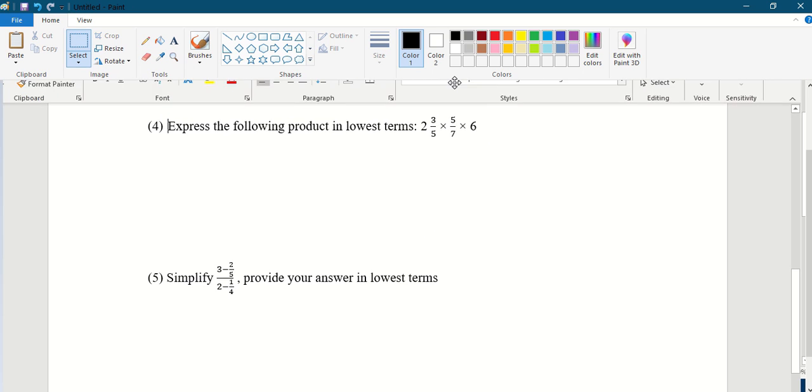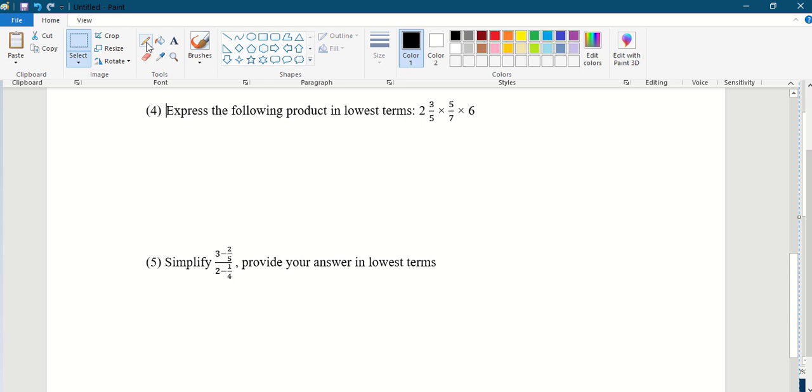Let's see some more here. Now, what if we were to multiply fractions in mixed and proper form? What we can do here is, first, if it is given to us in mixed form, we'll convert it into an improper fraction. So here for the 2 and 3/5, it will be 2 times 5, which will be 10, plus 3, which will be 13. So we have 13 over 5 times 5 over 7 times 6. Now in multiplication we reduce if possible. We reduce a numerator with another denominator. So here 5 and 5 will be reduced, and that's all we can do. We cannot reduce 13 and 7 or 6 and 7. Nothing can be done there.